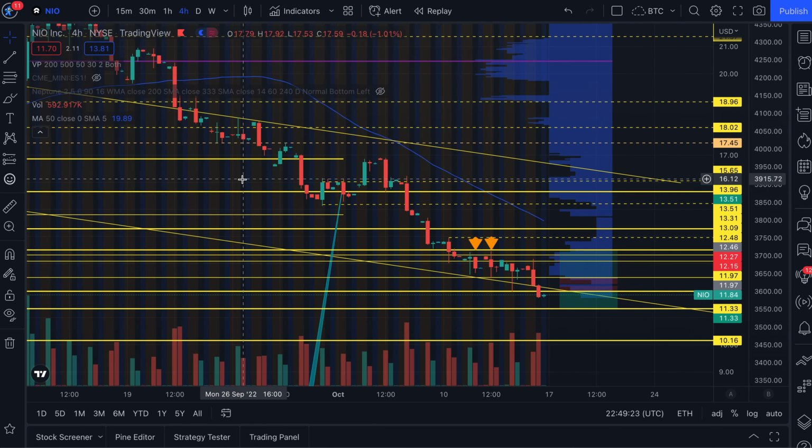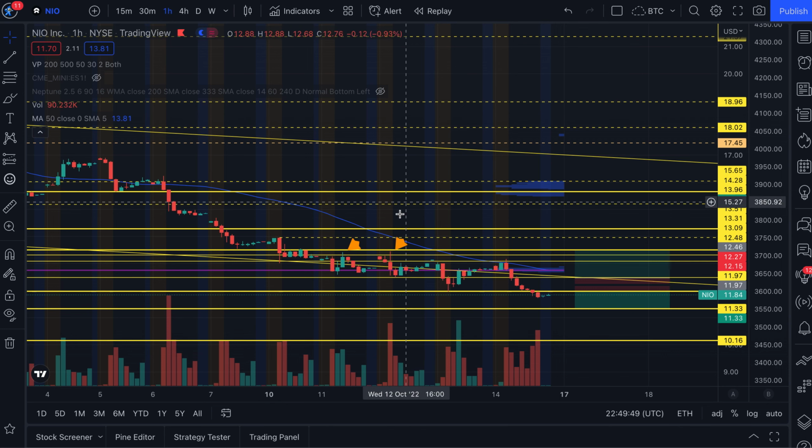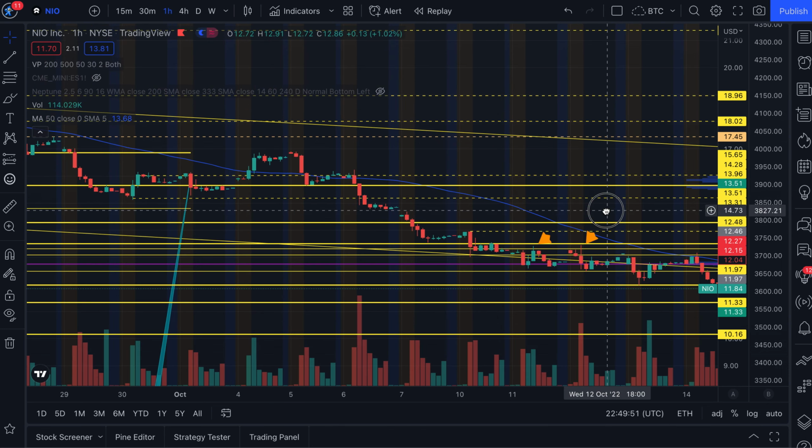And when we took the play, or the day before we took the play, we were here, and it had sort of, as you can see, obviously it does look like it did break down below, but very briefly, and then it immediately rocketed back up above this long-term support from a long time. I believe this is like from February or April. And it held. We were looking at the 1 hour, so let me go ahead and switch over to that